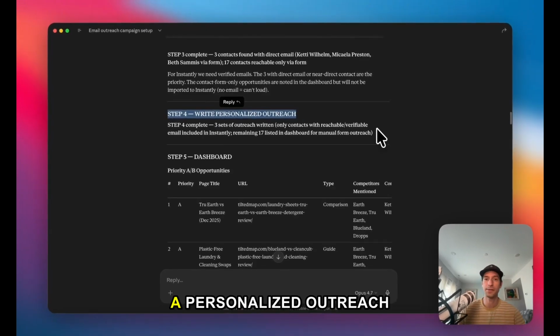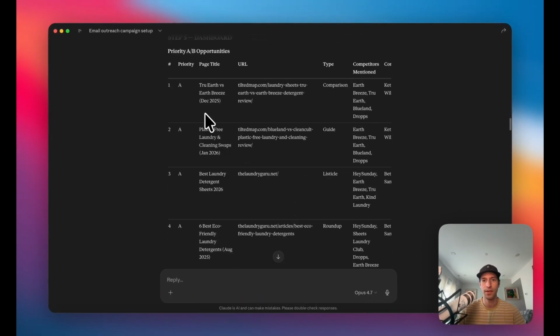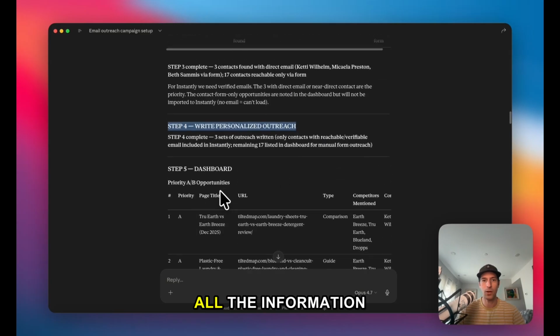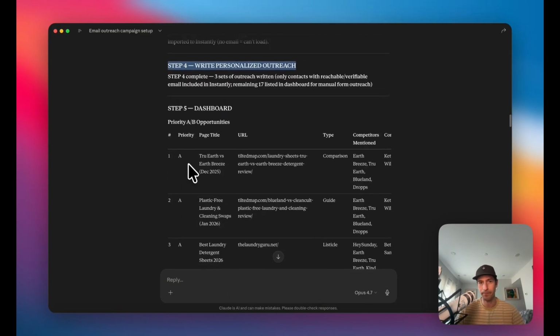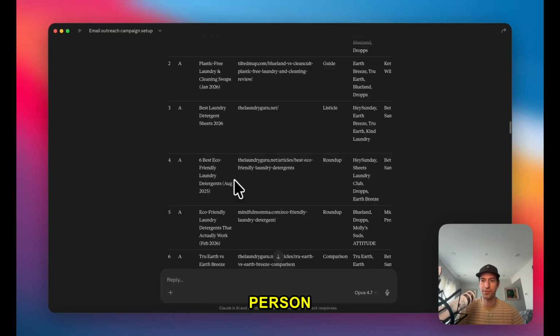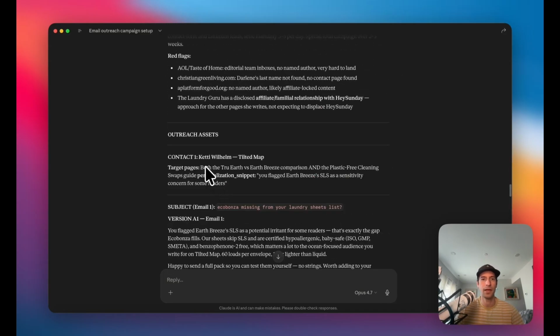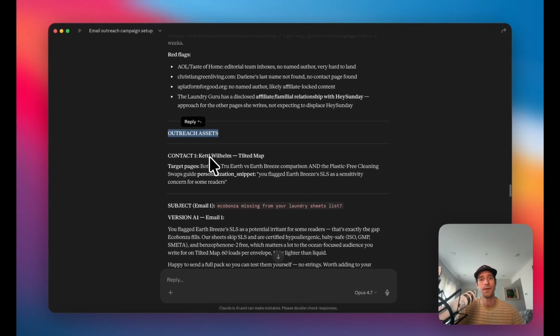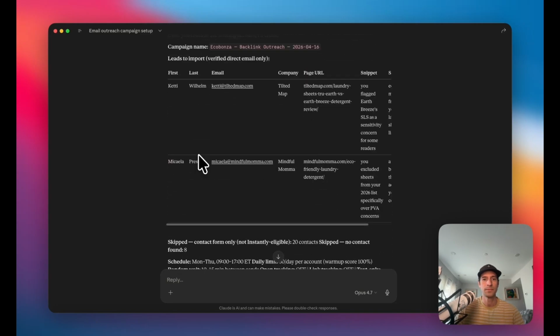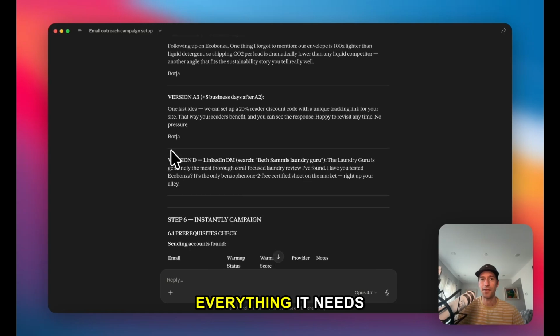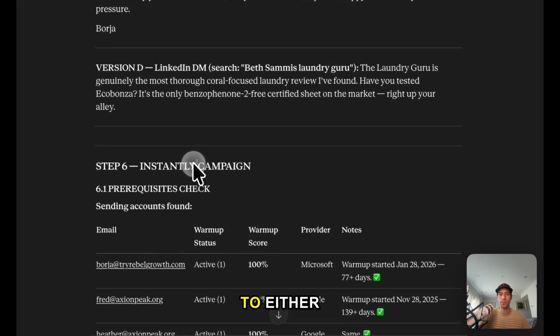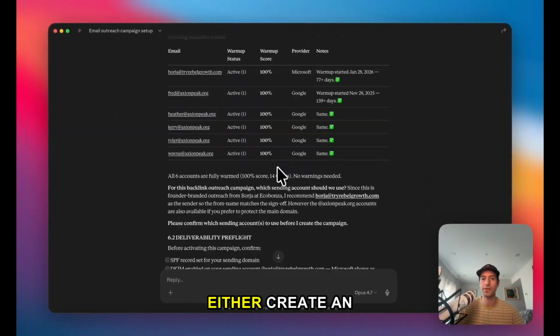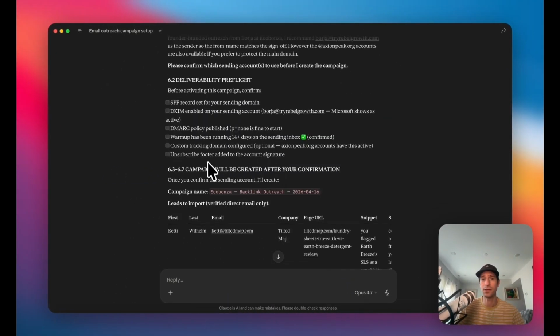Step 4, it writes a personalized outreach for each one of them. It has all the information it needs, the priority, page title, URL again, etc., the contact person, and the assets, right? And now that it has everything it needs, I ask it to either create an Instantly account right now,